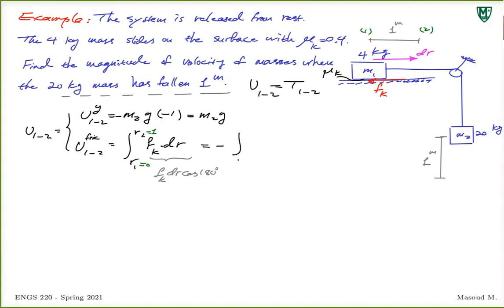And then this is going to be from 0 to 1. Fk, well, Fk is mu k n, right, in this case. So mu k n dr. Mu k n is constant, you take it out. Integral from 0 to 1 dr is basically 1. And I just write it here in case you want to later on follow steps. Integral dr from 0 to 1 is basically just 1. It becomes r from 0 to 1, 1 minus 0. So this becomes minus